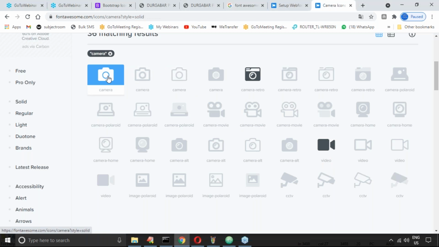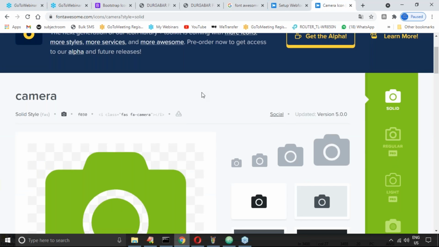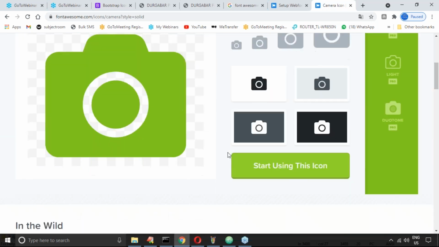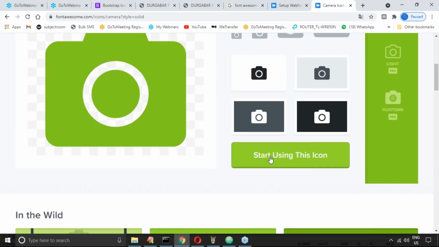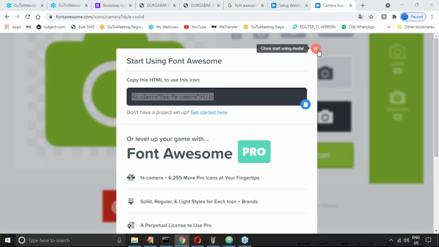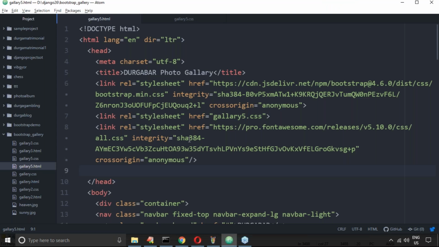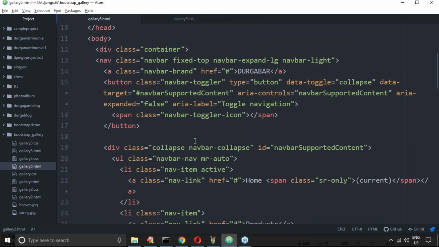Let me take this one. Okay, CDN already I took, right? Okay, start using this icon. I just copy this iframe, something like I copy this tag. Okay, just copy this tag. Now in my CSS, in my HTML, where I have to take, sir? Inside